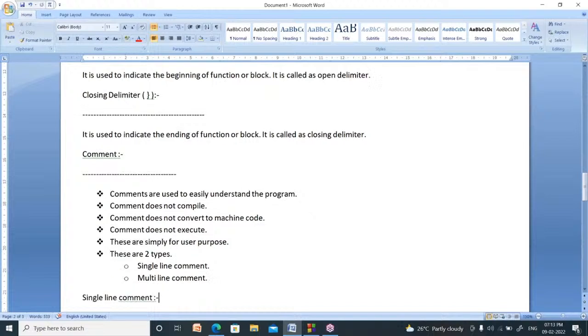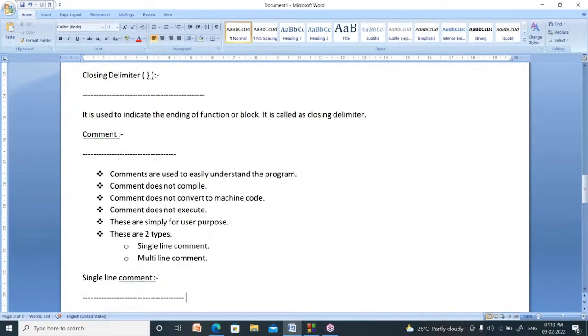How many types of comments are there? Two types of comments are there. One is the single line comment. The second one is the multi-line comment. What is the meaning of a single line comment?